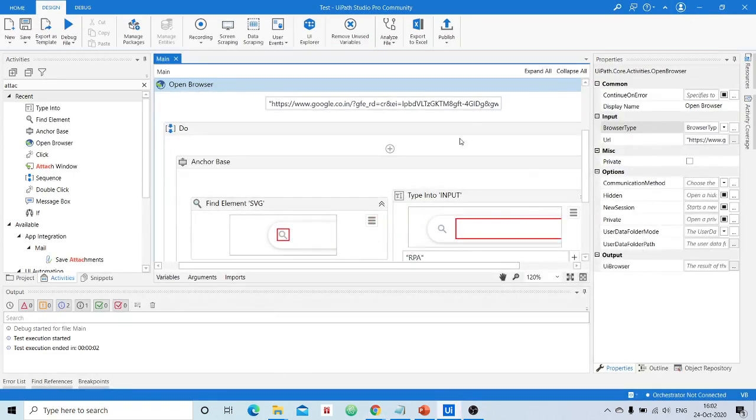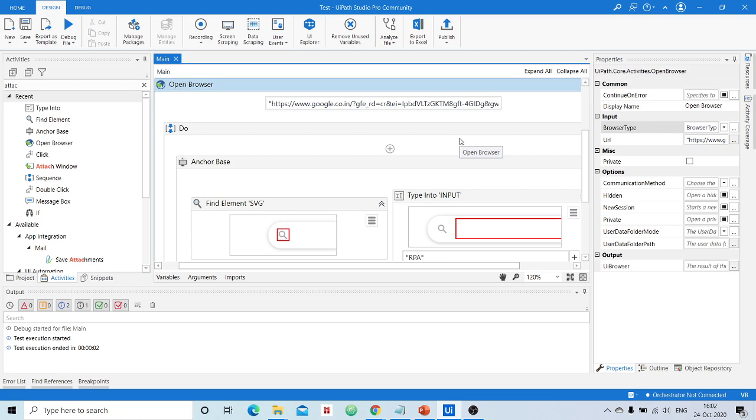Like that, I hope you are familiar with those things. As I was telling, this is just the simplest example for learning about Anchor Base, but you will realize the real usage of Anchor Base in the future when you try to automate some complex task.